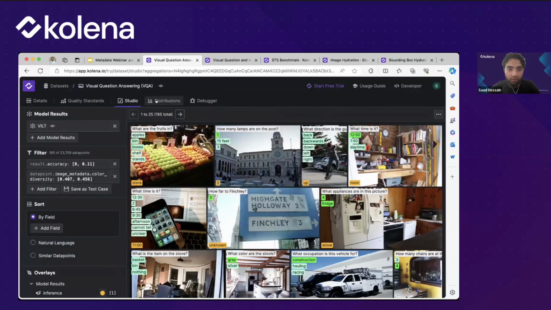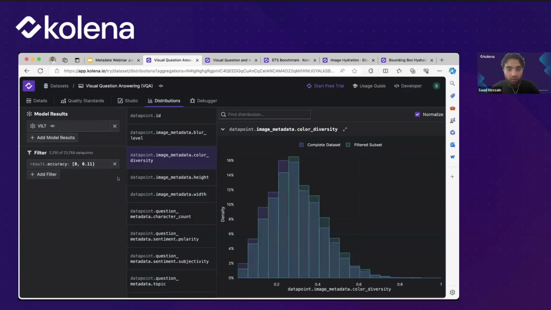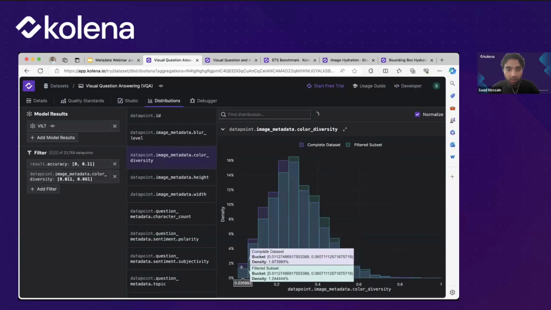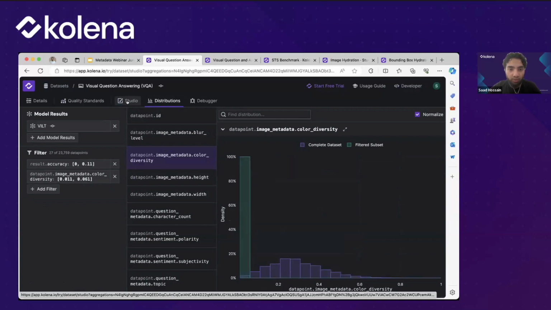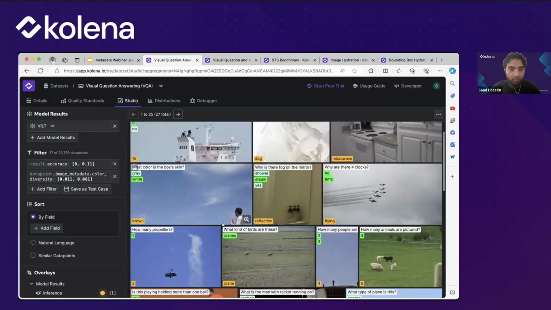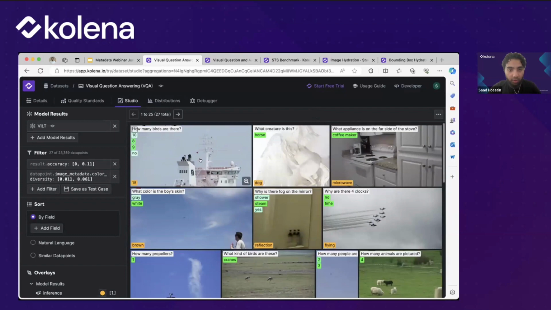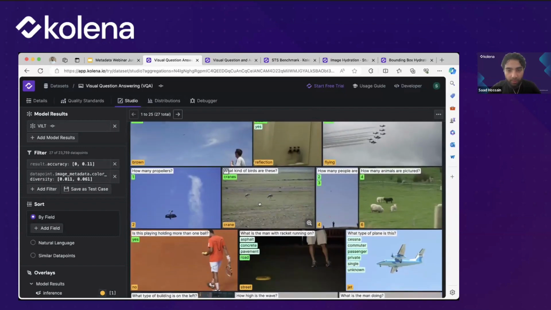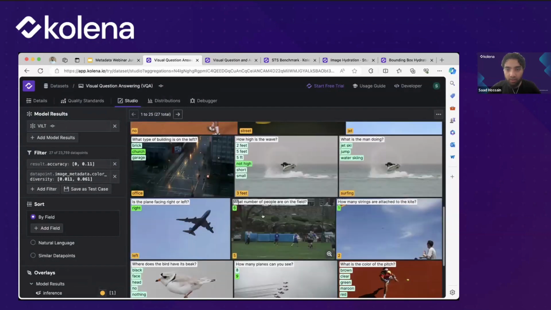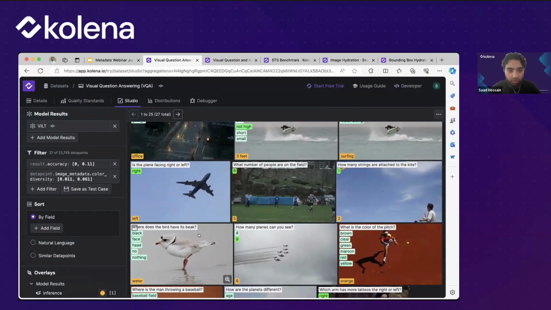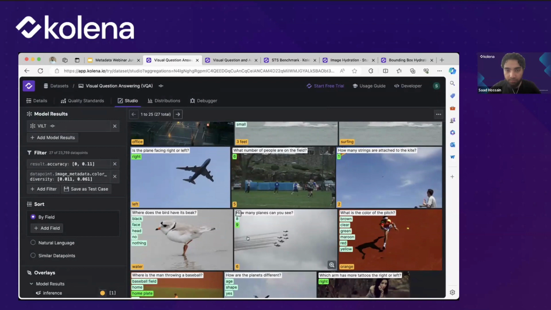and we're able to inspect our failures a bit more intensely on these more diverse images. Conversely, we are also able to see images with lower color diversity and how we perform on those. So again, over here, we're doing perhaps a bit better. You see there's a lot less color diversity here, and perhaps a lower proportion of errors as well.